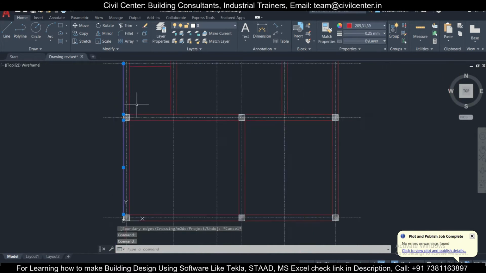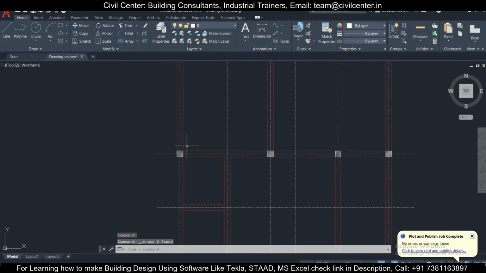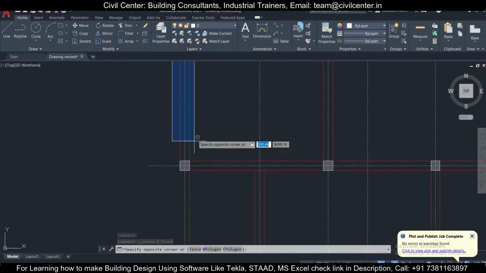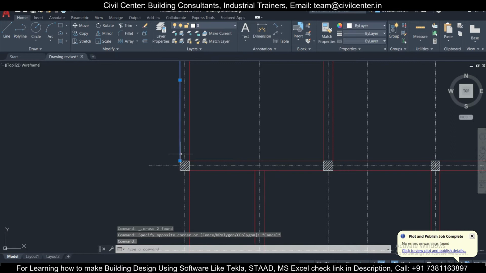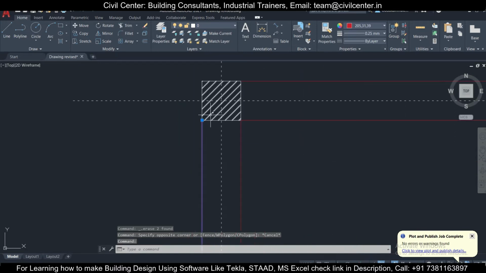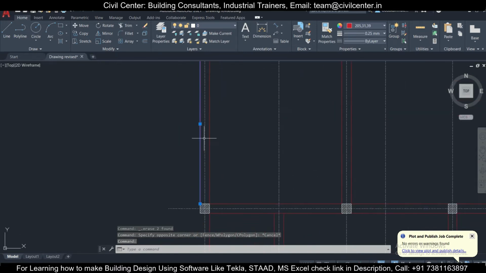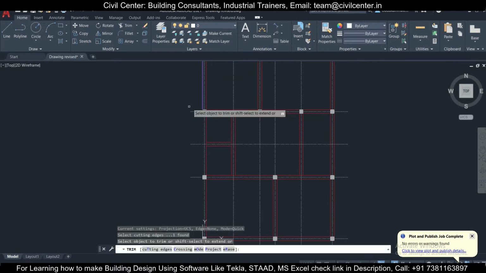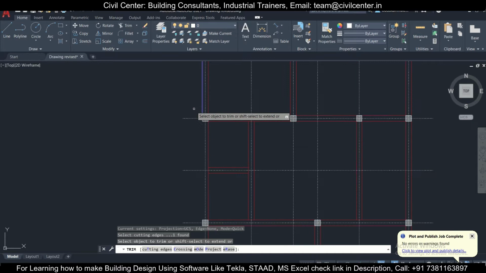Let's delete this and check whether it has any overlap. We can check like this. It doesn't have any overlap, so we can start from here and use the extend command, TR, enter, and press shift so that it extends.